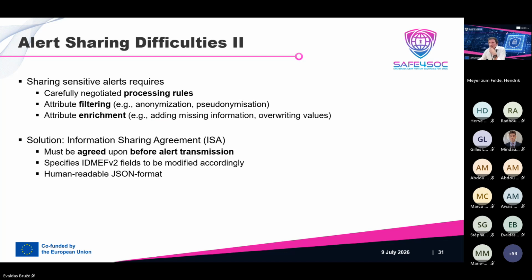So to take care of these issues, we need to take care of the following things. First of all, before sharing any kind of alert, we need precisely defined processing rules. It needs to be known beforehand what can be done with the alerts that were collected, and beforehand it must be clear which fields of the alerts must